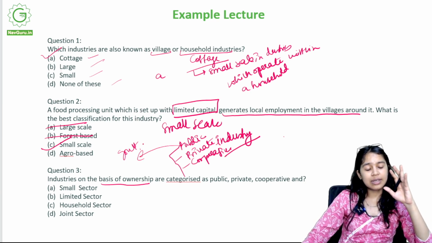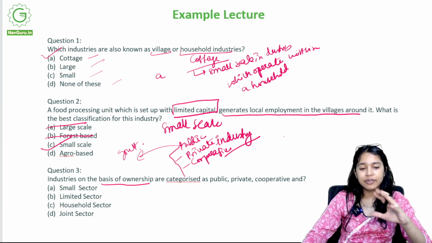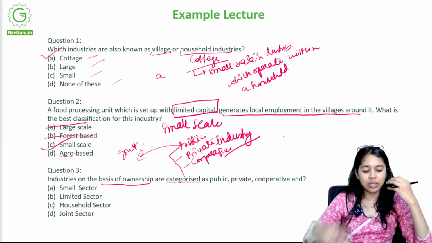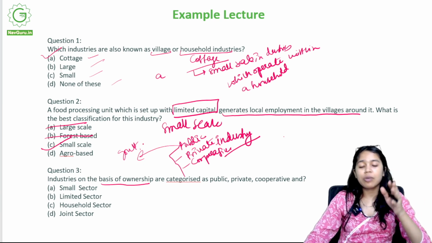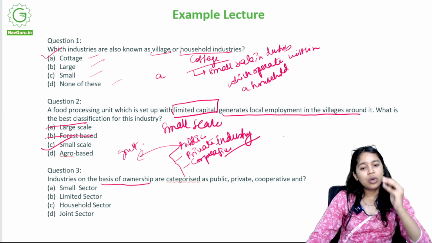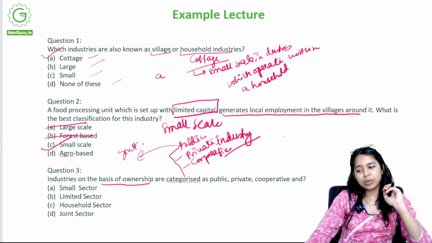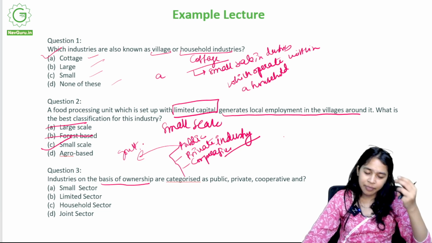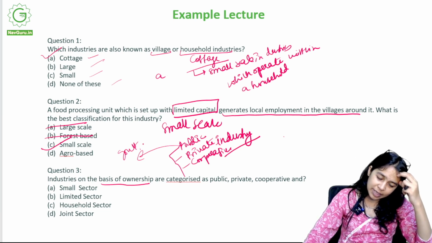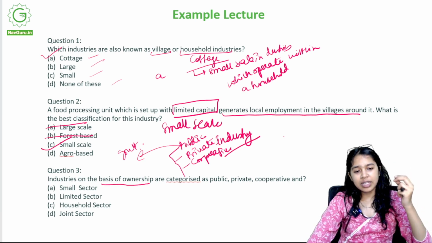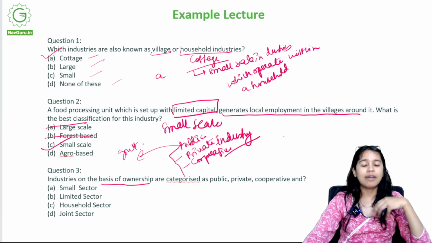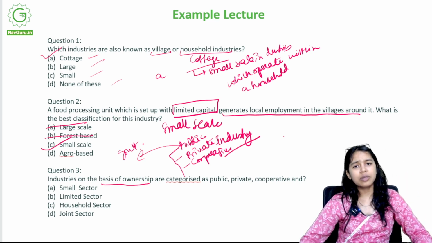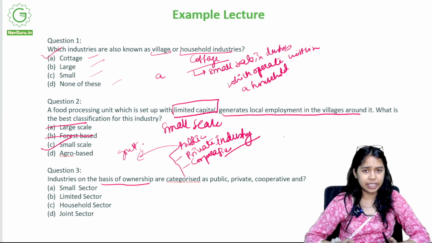Private industry is controlled or looked after by an individual, a group of individuals, or a group of companies, and their main objective is to gain profit. Okay, that is their main objective, to gain profit in the form of money or any other form that works for them. Third is cooperative. Cooperatives are basically industries set up by a group of people who have similar ownership in that industry, and the benefit that they earn is mutually divided amongst them.